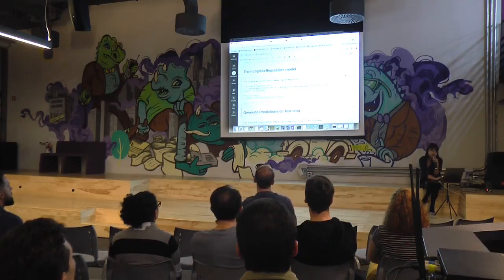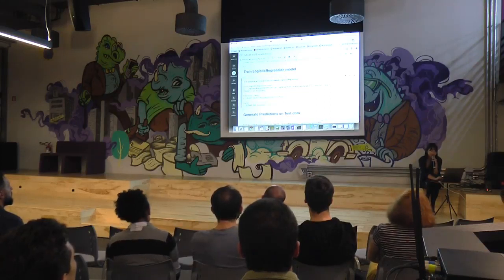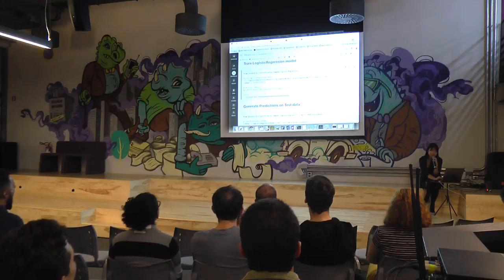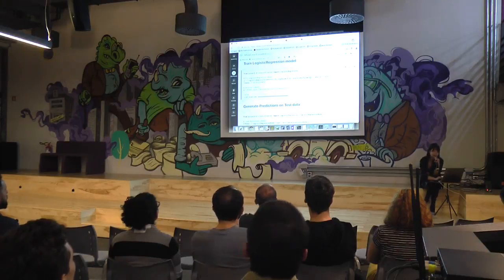Now I'm loading the logistic regression model from Spark ML, which is the data frame API for Spark MLlib. And I'm going to train a logistic regression with very random parameters that I've grabbed from nowhere. I'm just putting random numbers here and hoping for the best.